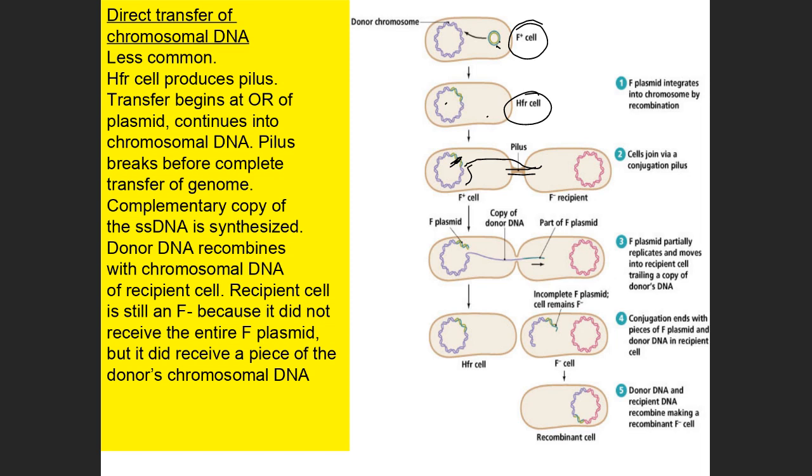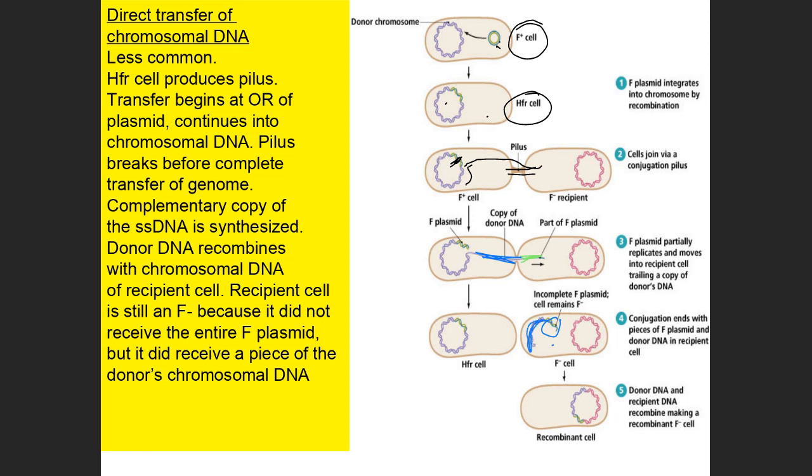So we have part plasmid, part chromosomal DNA that is being transferred. These connections do not last very long, so the cell will cut off the connection before the entire genome is transferred. That's never going to happen, just a little piece is transferred. But now the new cell has part of the plasmid, and more importantly, part of the chromosomal DNA of the donor cell,